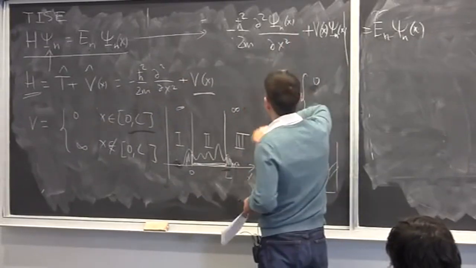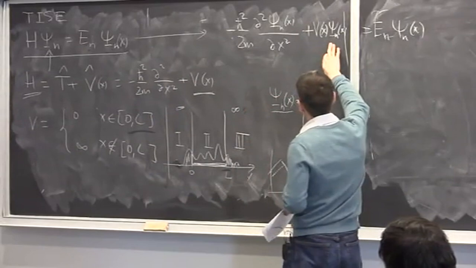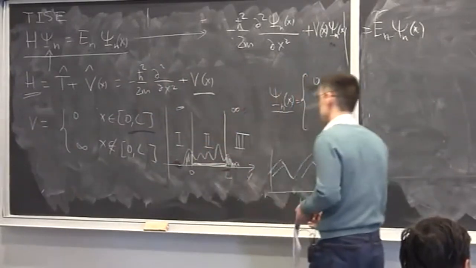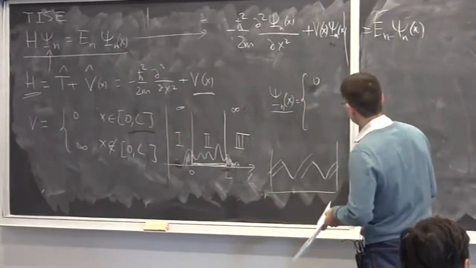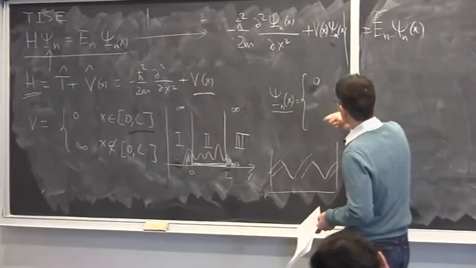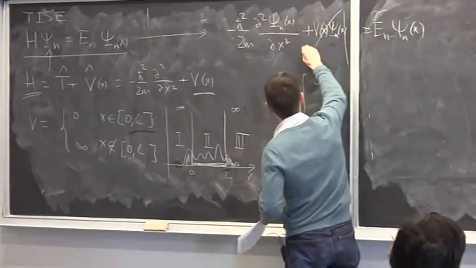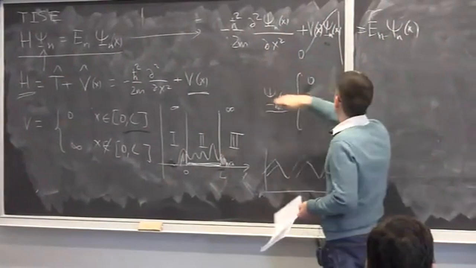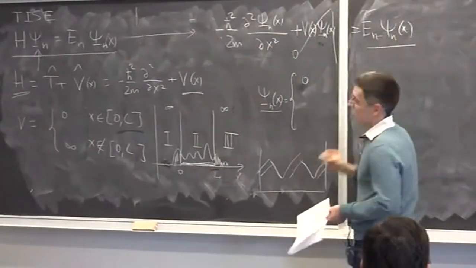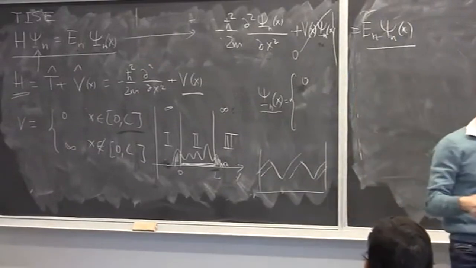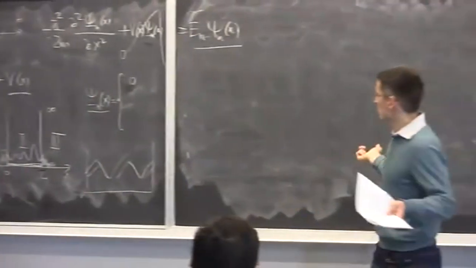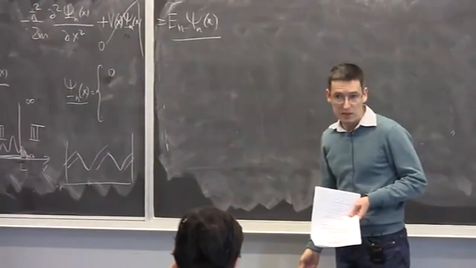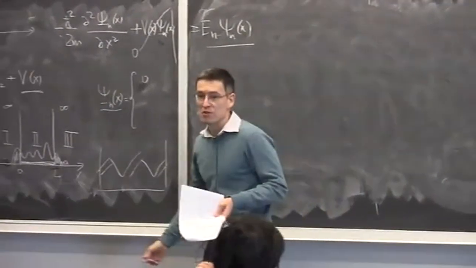It differentiates our function. Then we have potential, which is quite simple in region 2. That's where we expect our function to be. Right? It's just 0, so the potential can be ignored here. And then the second derivative of the function is equal to the function itself multiplied by a constant. Okay, so that's the equation, and you can already guess what the solution should be because you know functions which